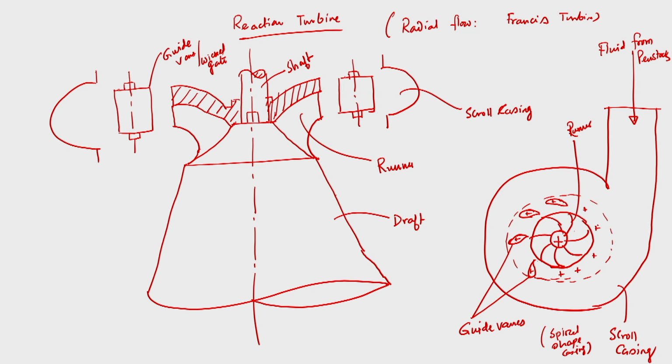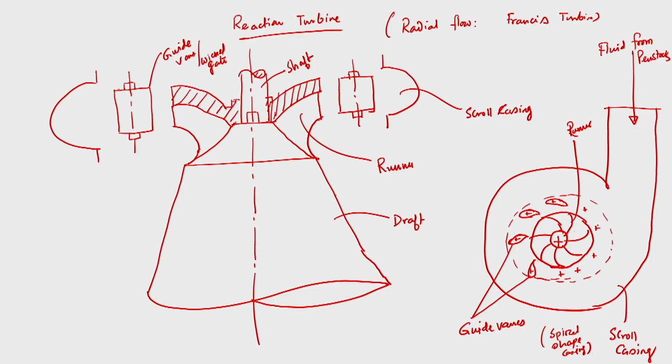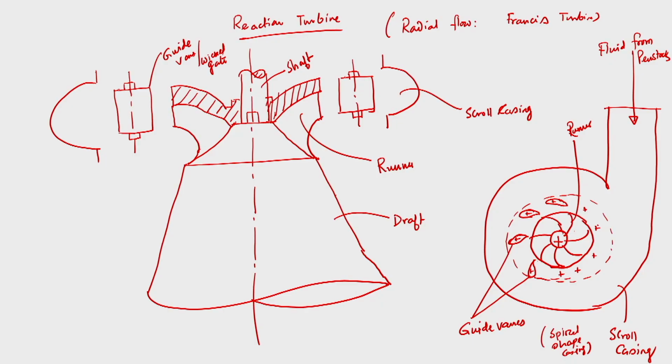Then what is happening? Very important, when it is coming from the penstock and moving to the casing, since the casing completely surrounds the runner, it will try to go to the runner passes through a certain arrangement. So, water will come from the penstock, it will move through the scroll casing where the velocity will remain constant. Then since the casing entirely surrounds the runner, water will go to the runner through a certain arrangement where we are having wicket gates or guide vanes. So, why are you having wicket gates or guide vanes? Because these are placed around the periphery of the runner.